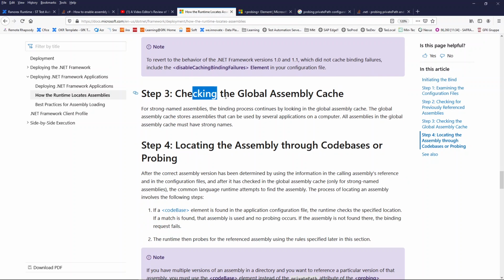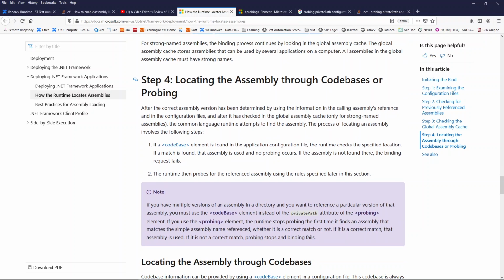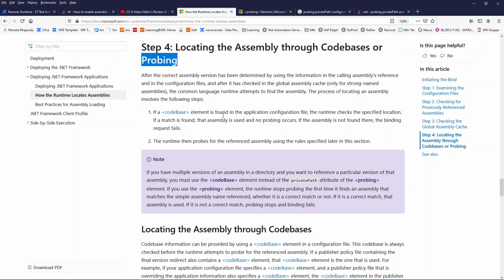Then it checks the GAC, Global Assembly Cache, and after it makes a step which is called probing. With probing, it has different things. You can add a code base element in the application configuration file.